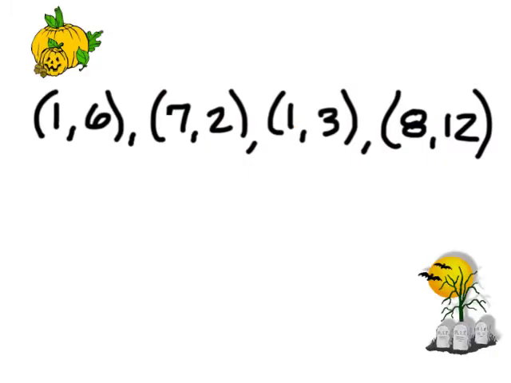Example number 2, I have a set of ordered pairs and the x numbers are 1, 7, and then there's another 1. Remember the pop machine example. If I put in